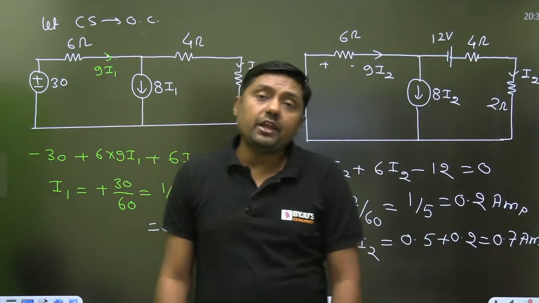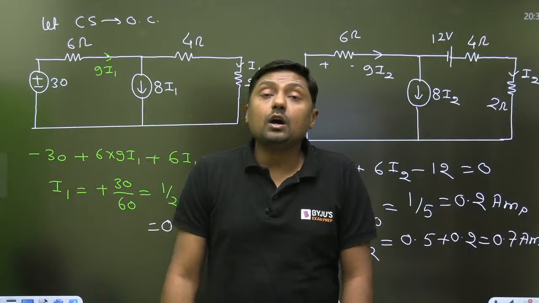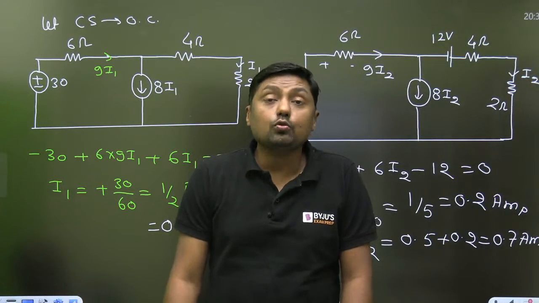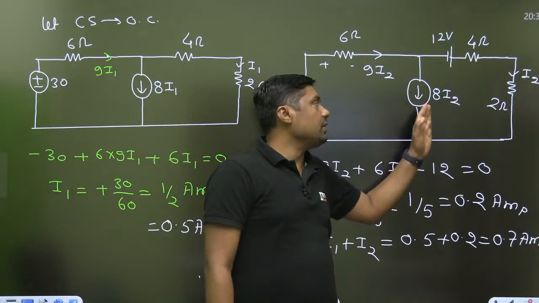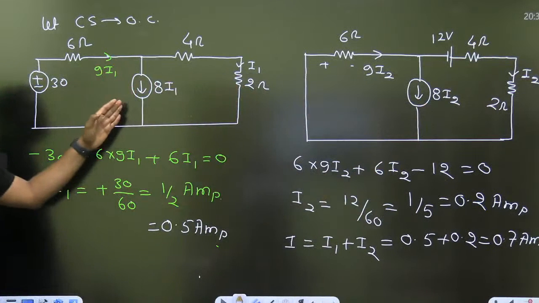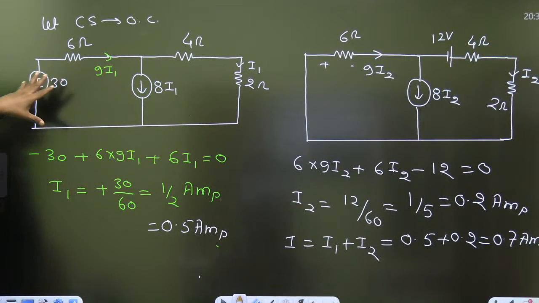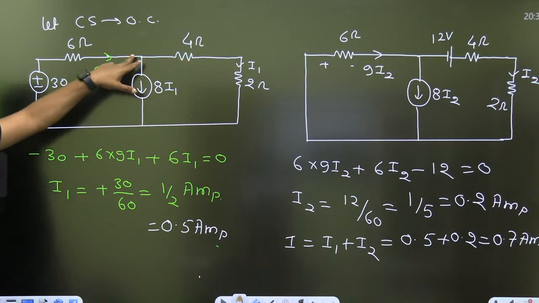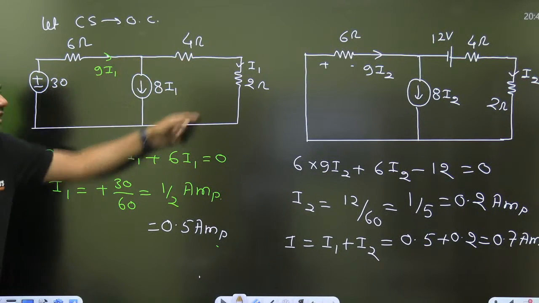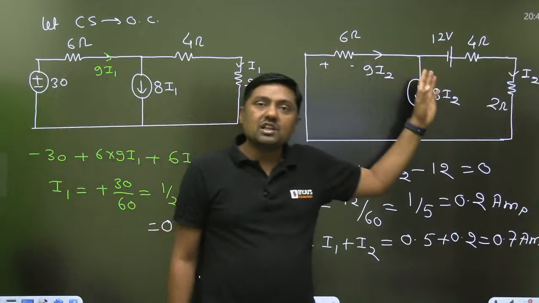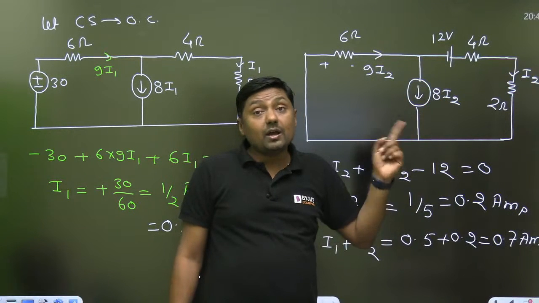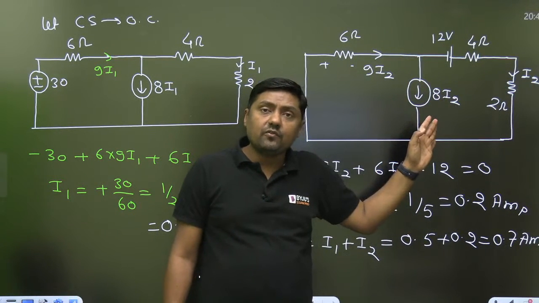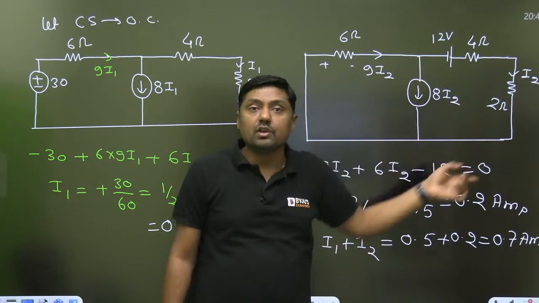What I want to explain through this question is, if a dependent source is given, then how to solve this type of question? Simply superposition theorem. For I2 it will become 8 I2, for I1 it will become 8 I1. Almost similar type of calculation we are using. This is the 9 I1, 8 I1 and I1. Already I have applied the KCL and then finally applied the KVL. Here we are using three things. We are converting the current source into a voltage source. Then we are applying the KCL on the diagram itself, and third we are applying the KVL, Kirchhoff's voltage law.